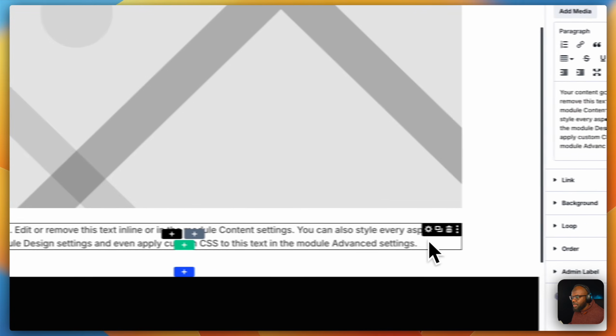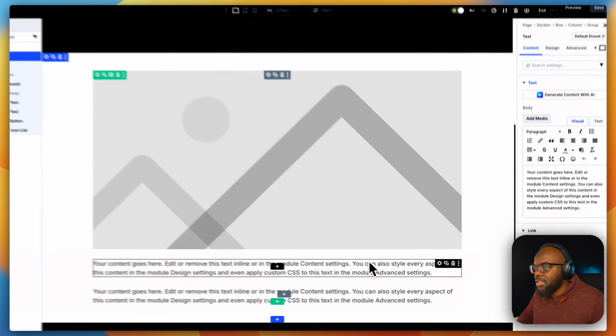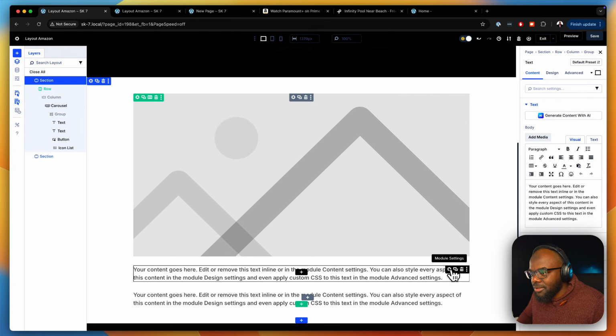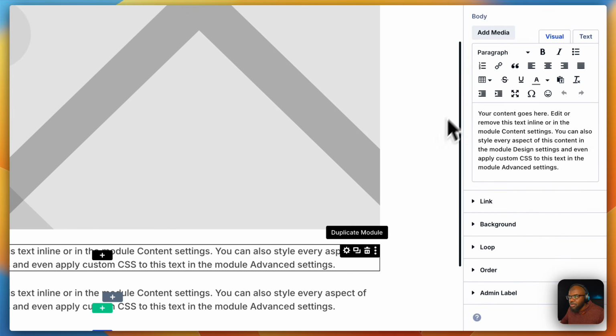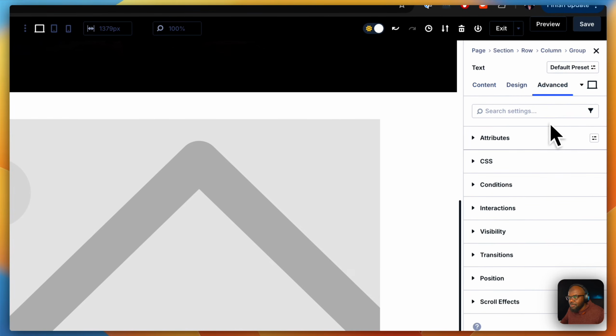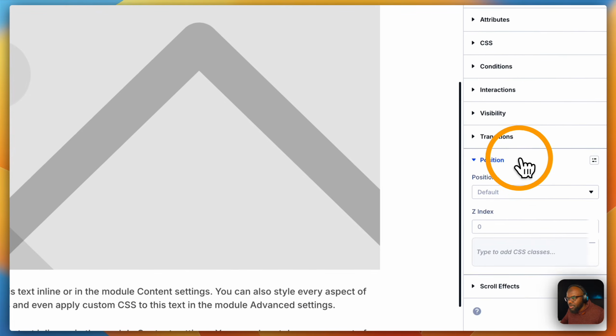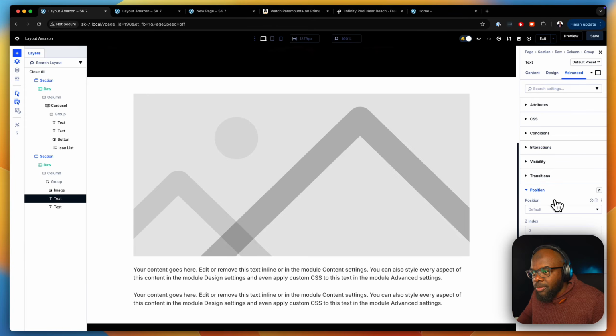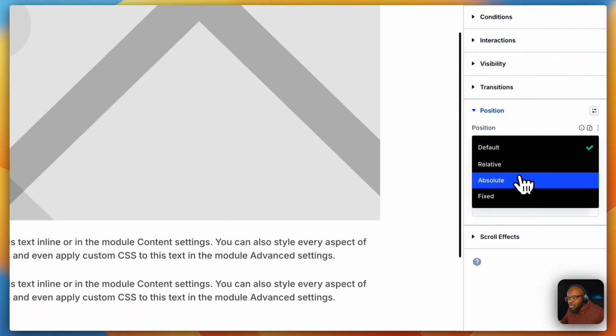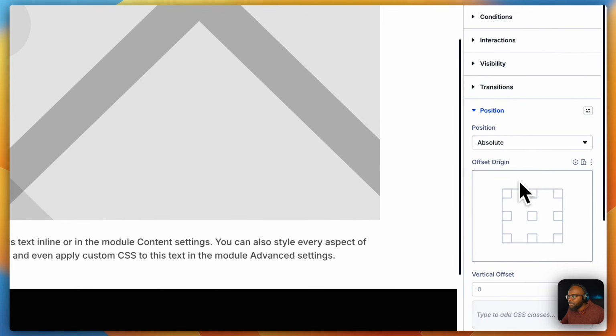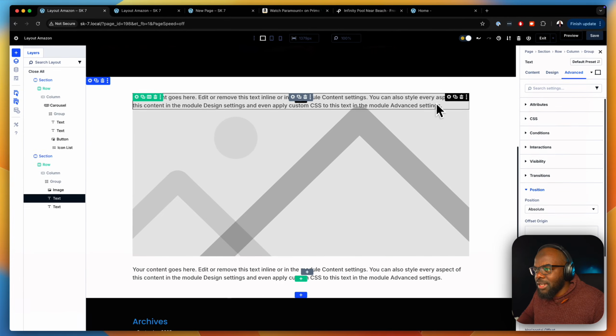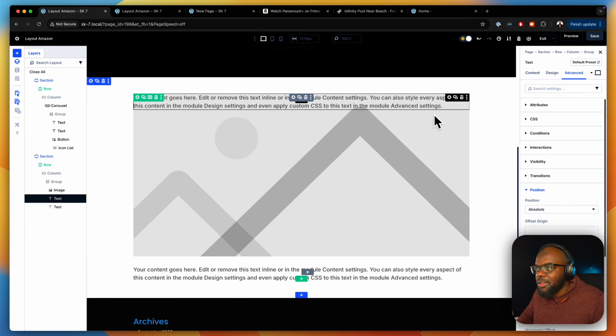And in fact, we need to have 2. Right, so for this text right here, I'm going to select it. We're going to come over here to advanced, and we need to go to position. So for my position here, let's set this to absolute. Okay, and then we're going to set this to the top right. I know right now there's a lot of text, but when we turn this into a loop, things will start